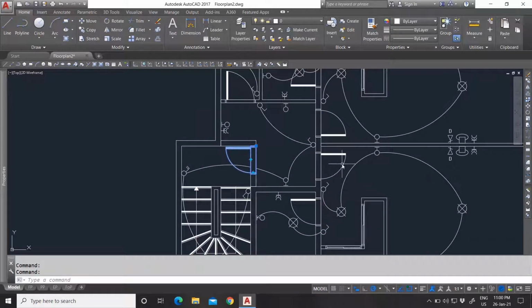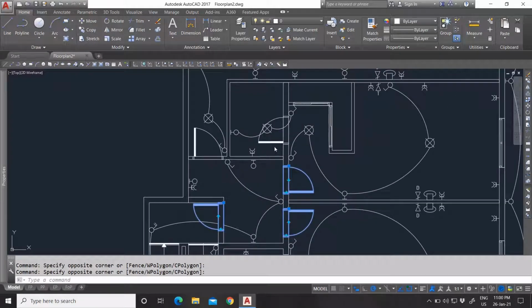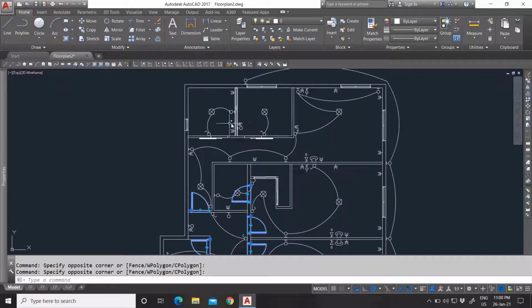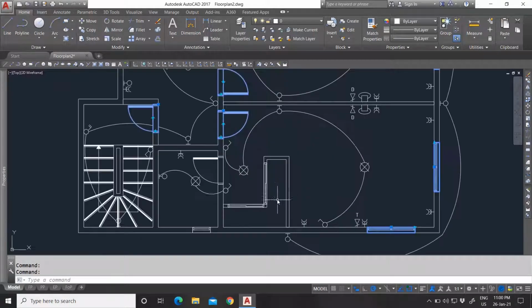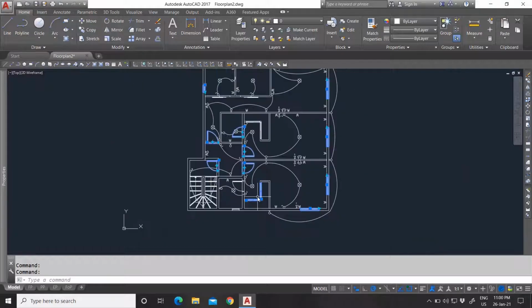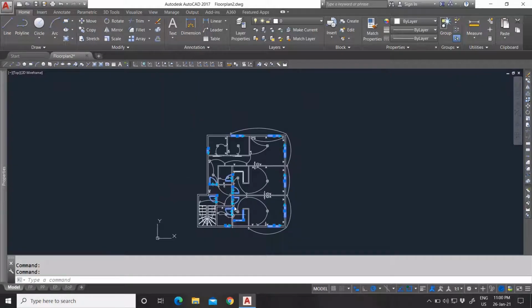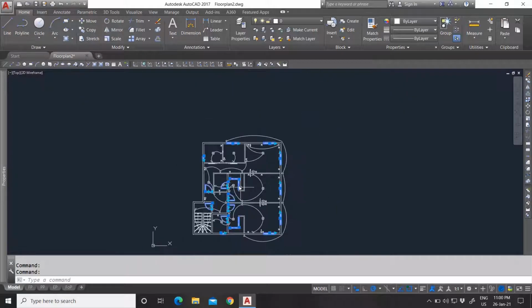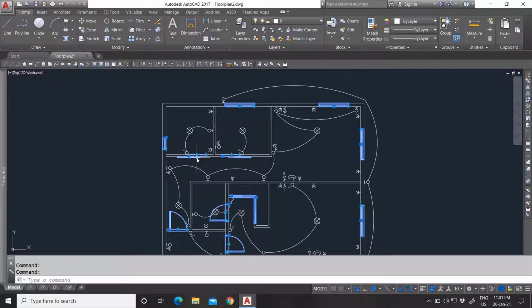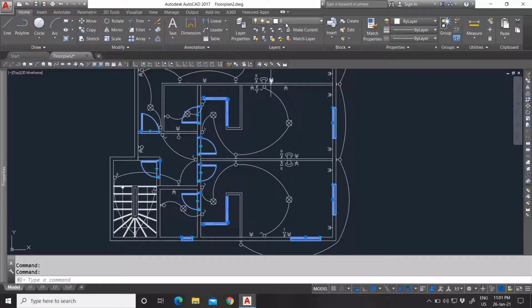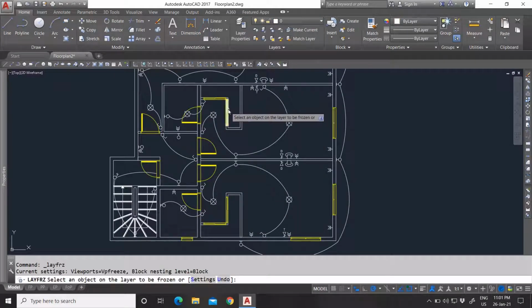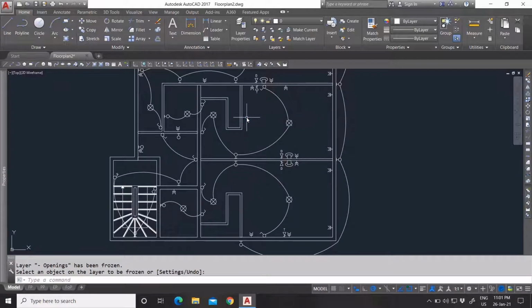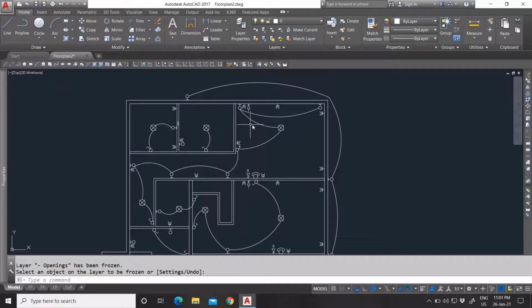Yes. Now we have our doors and our windows. Those are the layer openings. Let's select these. Doors and windows, these closet doors. Let's see, these also right here, and this right here. I think I have them all. Now you can select the layer openings, and we're also going to freeze that layer. So now we have nearly everything